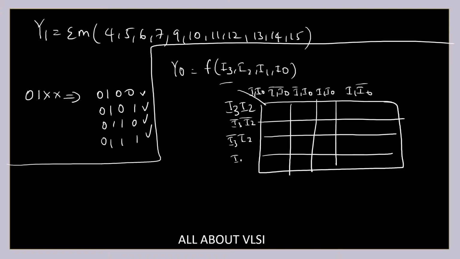I3 I2, I3 I2, I3 I2 complement. 0, 1, 3, 2, 4, 5, 7, 6, 8, 9, 11, 10, 12, 13, and 15 and 14. Okay. So